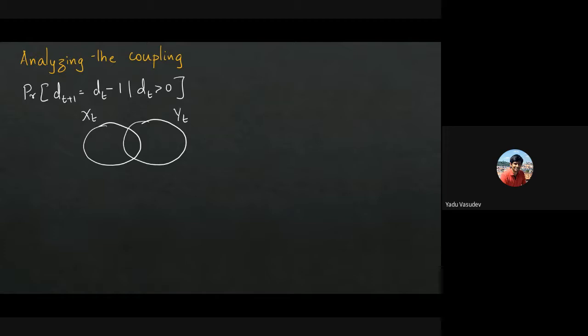So the first part, we tried to bound this probability that Dt plus 1, which is the difference. So this quantity here, just to recall, this was Xt plus 1 minus Yt plus 1, right? When is it that it is less than Xt minus Yt, right? When does it reduce? And to say that,